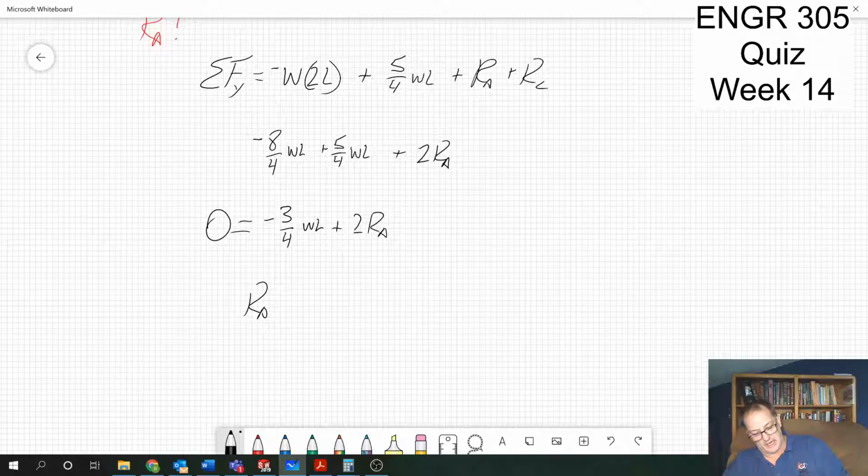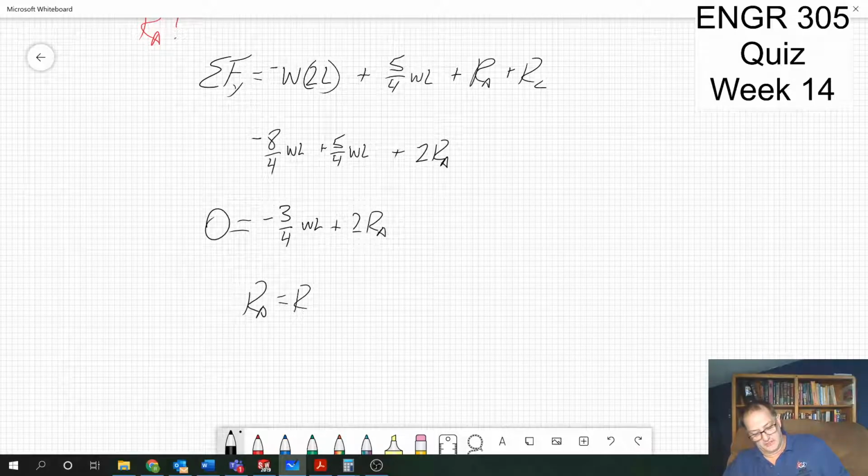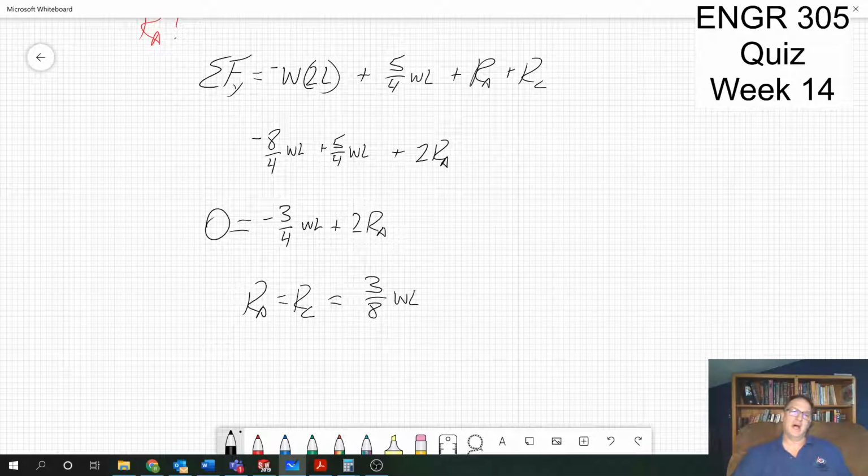So RA is equal to RC is equal to 3/8 WL. Lot of little algebra typos. Yeah, got a pounding headache, so that's the best I could do. There you go. RA, RC,